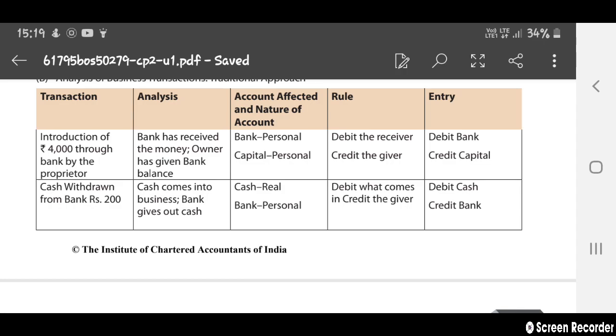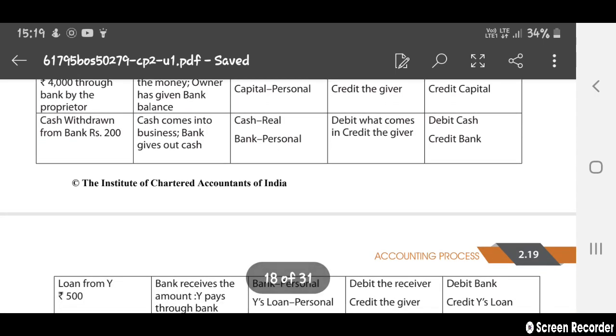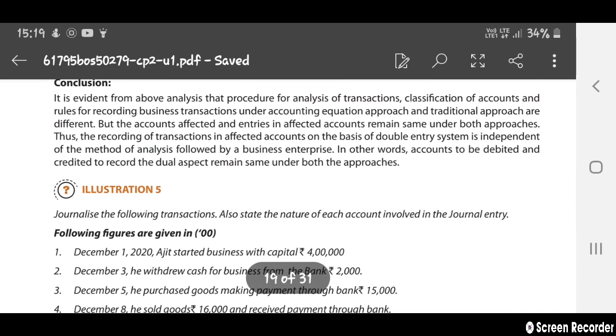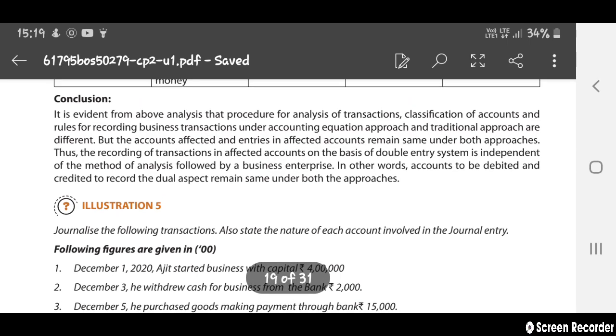And it is a personal account only. Our rule is: debit the receiver, credit the giver. Here the capital account is a personal account, so it is credited as the giver. In the entry, debit bank, and in capital personal, credit bank. Like that only you can solve this. So finally, for solving all this, the conclusion we get,